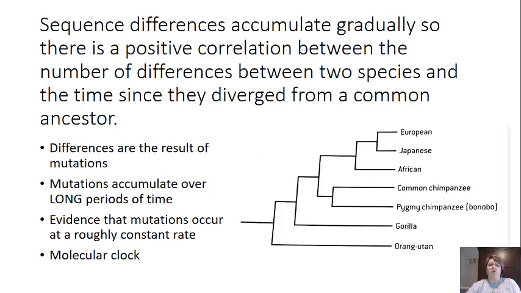Sequence differences accumulate gradually, so there's actually a positive correlation between the number of differences between two species and the time since they diverged from a common ancestor. That's because differences are the result of mutations, and mutations accumulate over a long period of time. We're talking about thousands to millions of years. And there is evidence that mutations occur at roughly a constant rate,